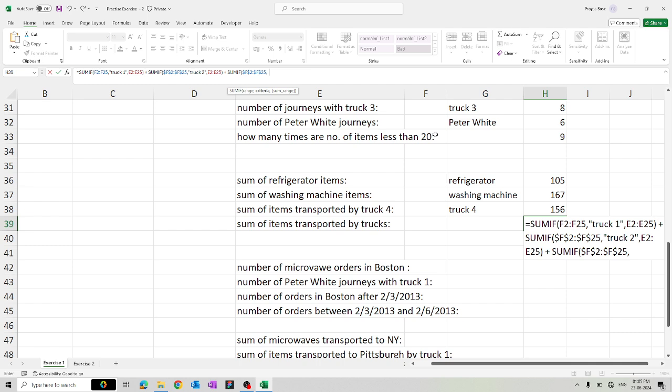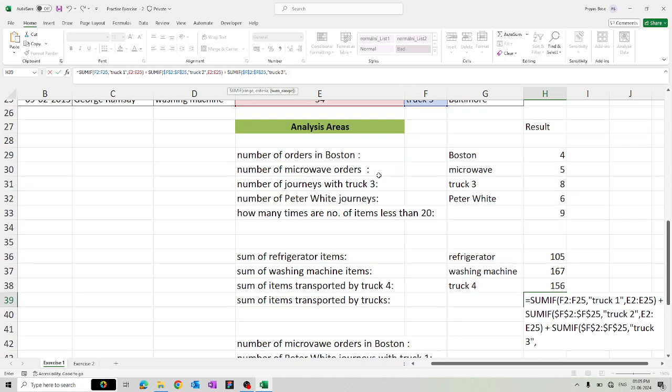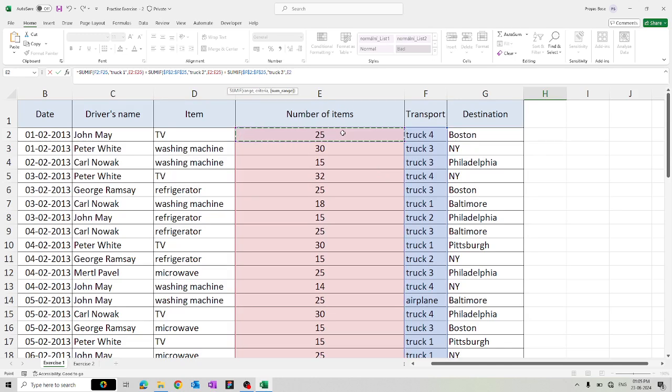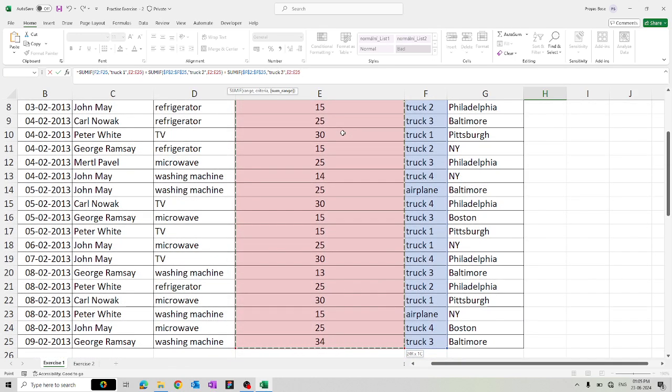Now the criteria is truck 3, space 3, comma, the sum range, you can select the sum range, E2 to E25, that's what I have selected, bracket close,